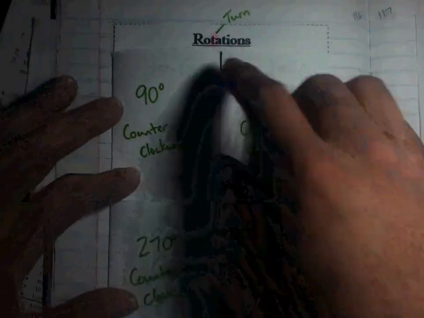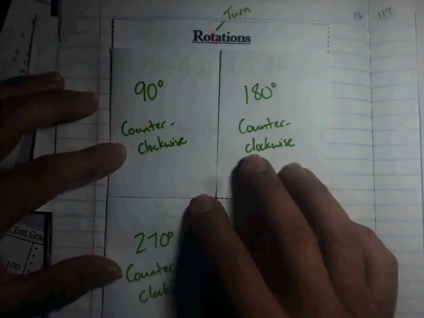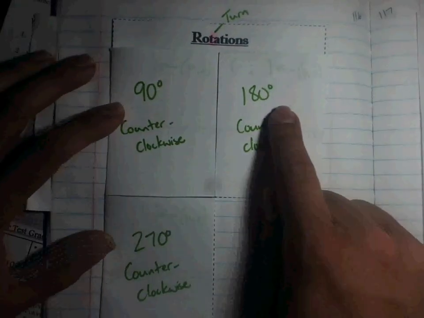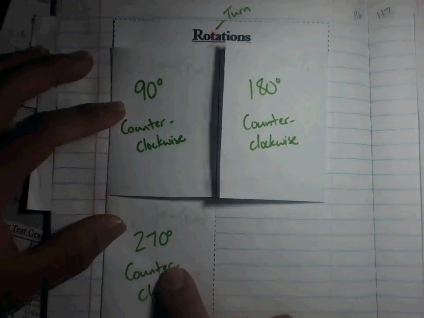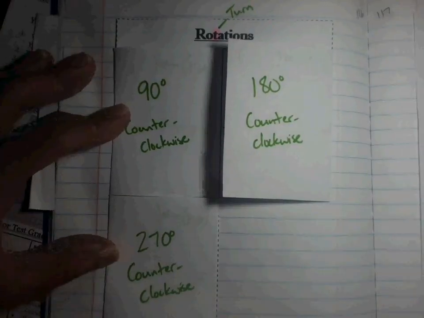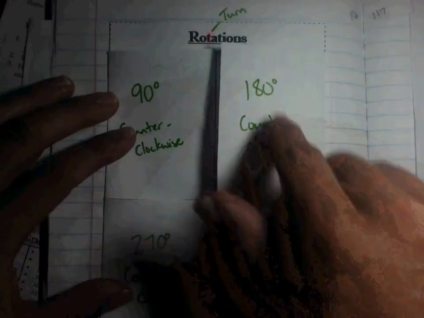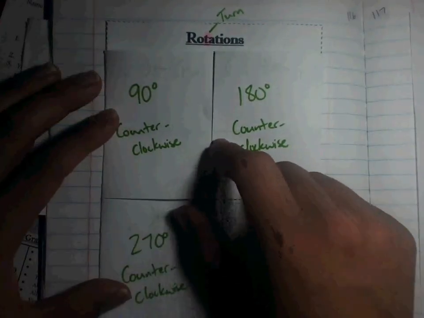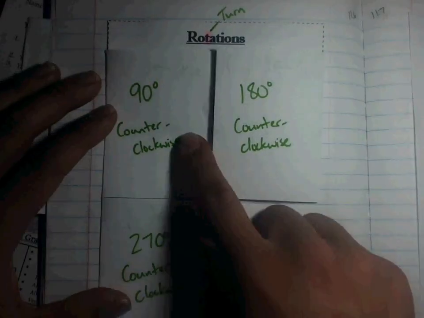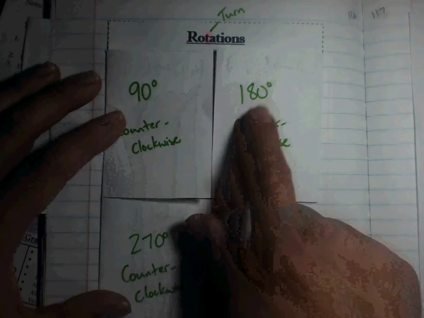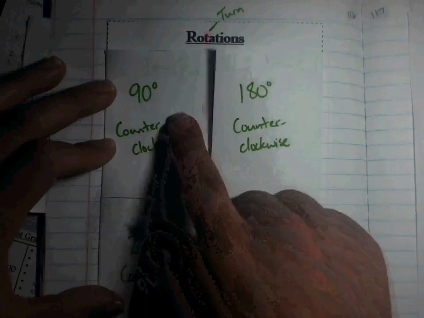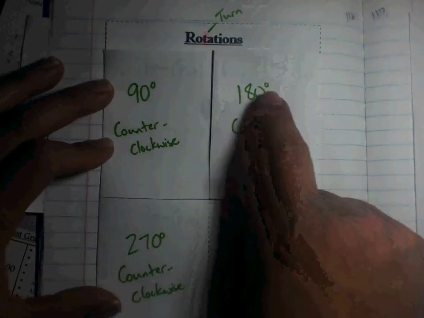All right. But first, we have three different types of rotations we're looking at. We have a 90-degree rotation, a 180-degree rotation, and a 270-degree rotation. If you know anything about quadrants and how a shape is broken up, you know 360 degrees would be a full circle, and you can break that into four different parts, so it'd be 90 degrees each time. So it'd be 90 plus another 90 is 180 plus 90 is 270. It all kind of works together because,